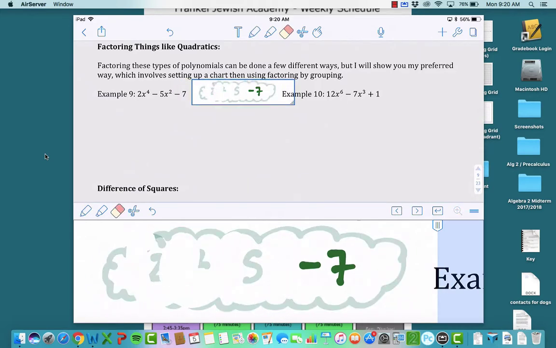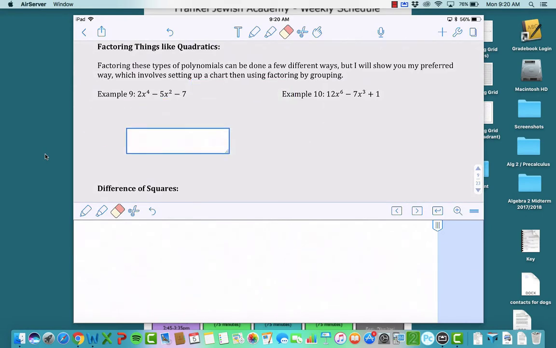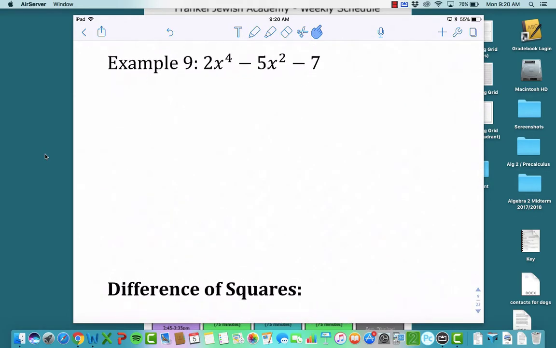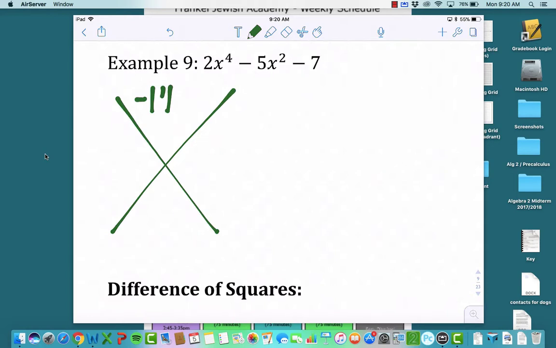So what we're going to do is we're going to try to factor this like we would a quadratic. So I'm going to do my x. And I get negative 14x to the 4th on top, and negative 5x squared on the bottom. So I'm looking for something that multiplies to negative 14x to the 4th and adds to negative 5x squared. If you guessed negative 7x squared and